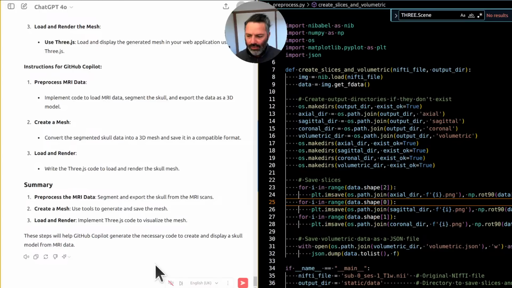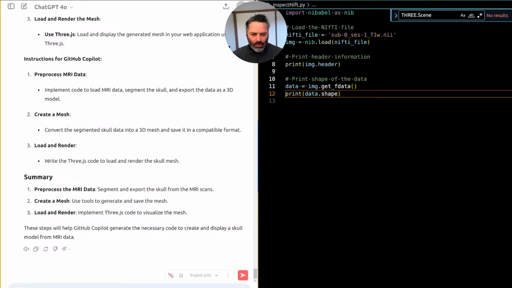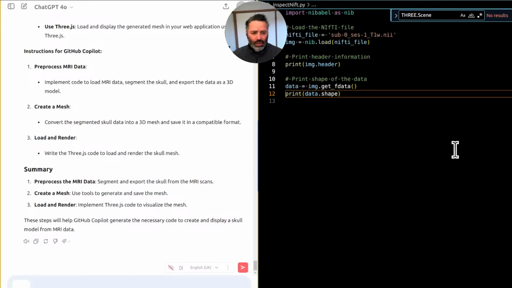So we do have a pre-processing Python script. You can see it in the middle window of the image attached. Now originally we had the NIfTI file. We also have an inspect NIfTI Python script that I'll show you the output of below,